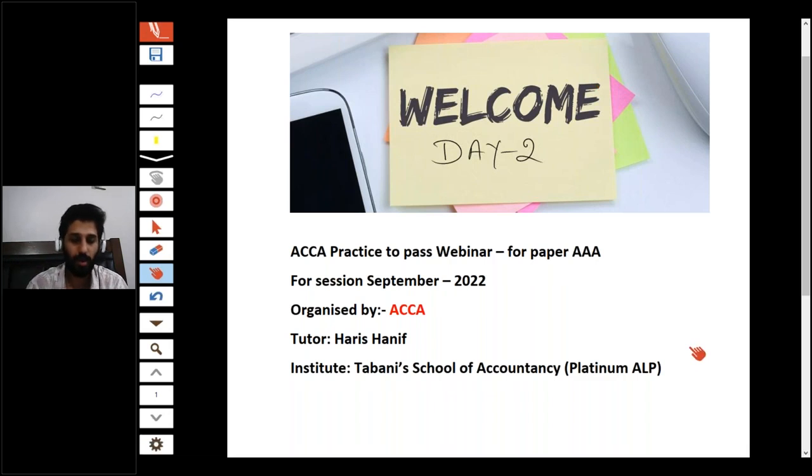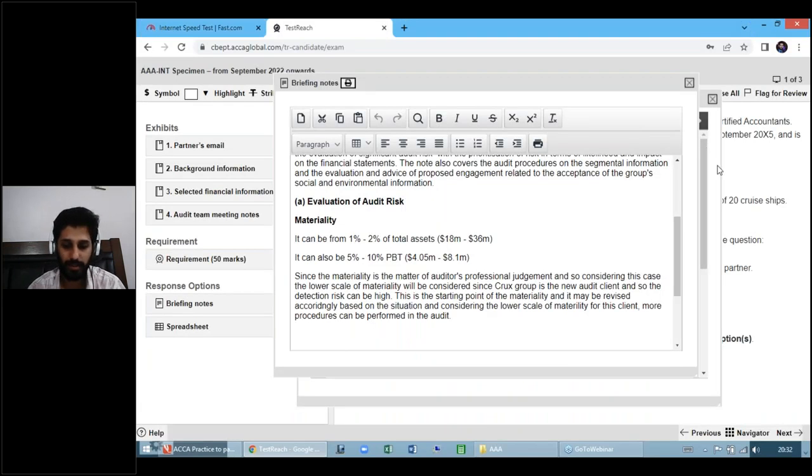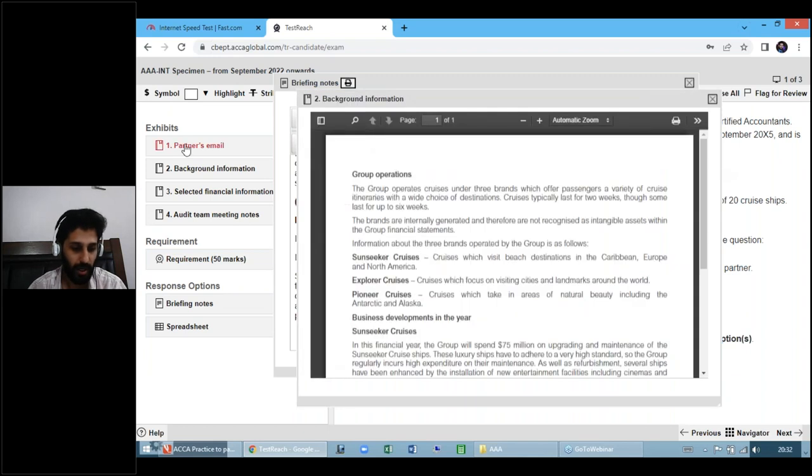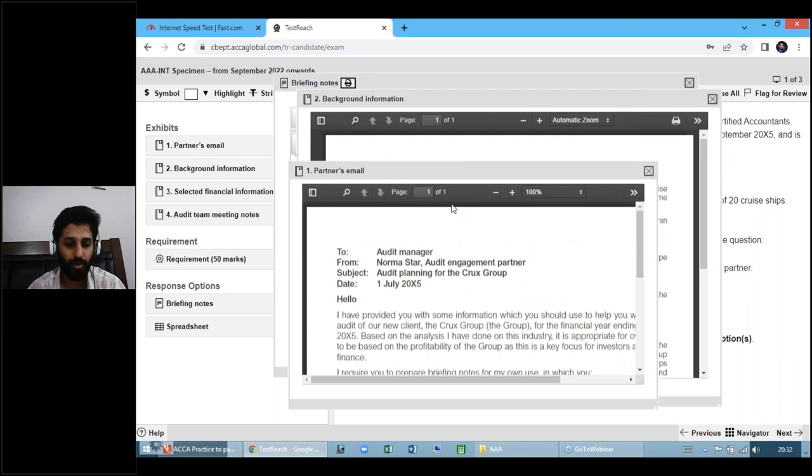We were on the topic of risk assessment, which is the most important requirement, and we are solving question number 1 from the specimen exam for the September 2022 session, and I'm going to resume from here. In this specific question, there was a partner email, and I had told you that you need to respond accordingly